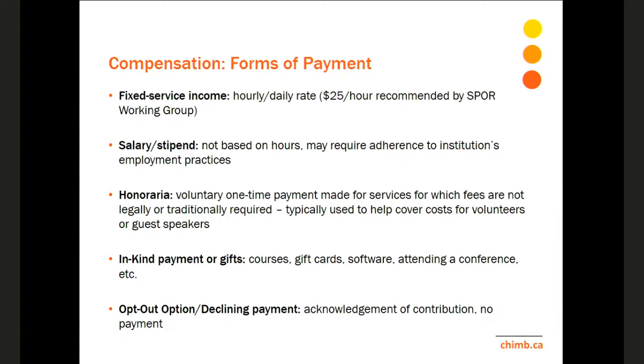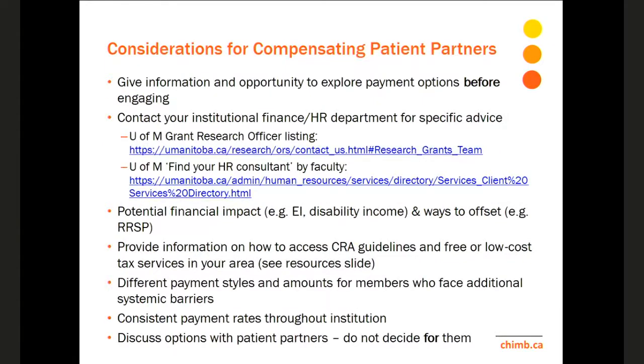Generally, with the fixed service income, we do end up collecting social insurance numbers because there are tax implications. So it's a requirement of the institution to have that information. At U of M, if anyone makes over $500, they have to provide a T4A slip, and then it's required to be reported as income. I'm getting into that in the next slide, and I think it's pretty complicated, but hopefully that is helpful. So giving them this information, the opportunity to explore payments before engaging,